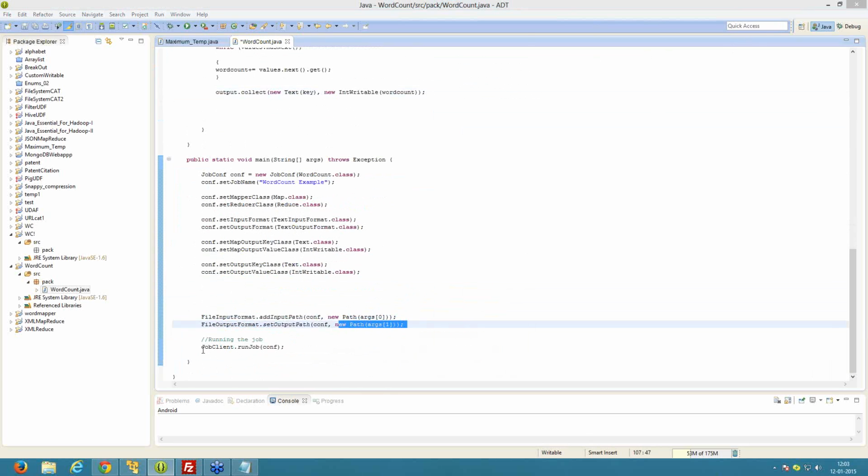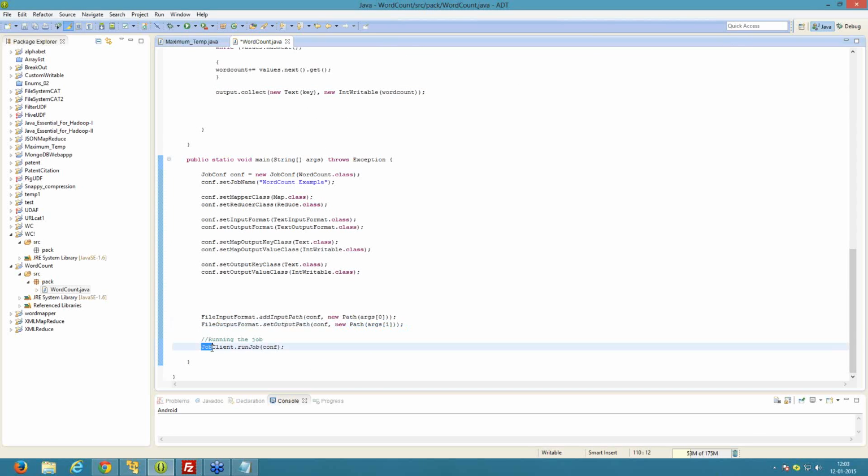We have a class JobClient that is used to execute the MapReduce job on the cluster. Here we have the JobClient method runJob. Inside runJob we pass the JobConf object that is used to execute the job. It submits the job on the cluster and starts MapReduce. It submits the job to the job tracker, then the job tracker manages and schedules the job for the different task trackers, and the task trackers perform the map and reduce tasks on the data nodes on the slots.